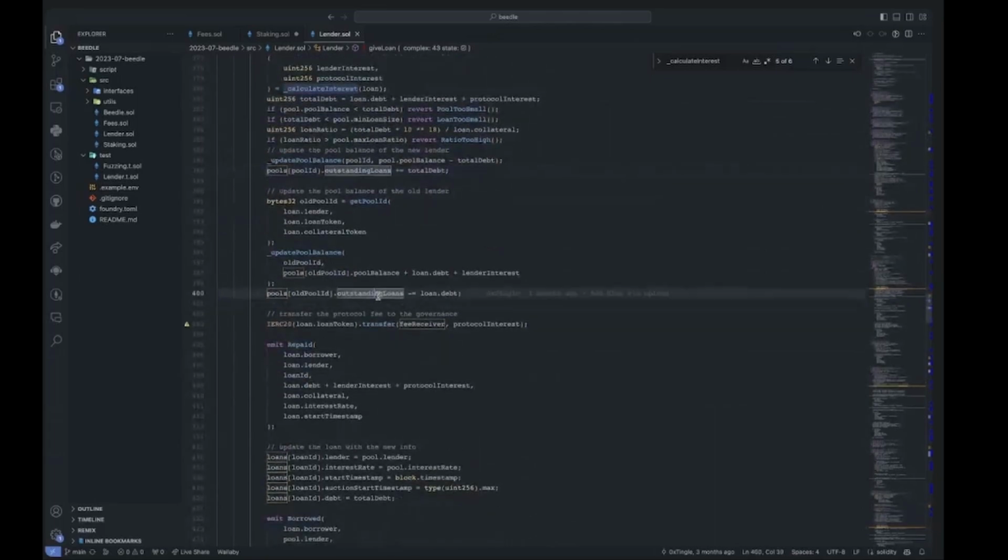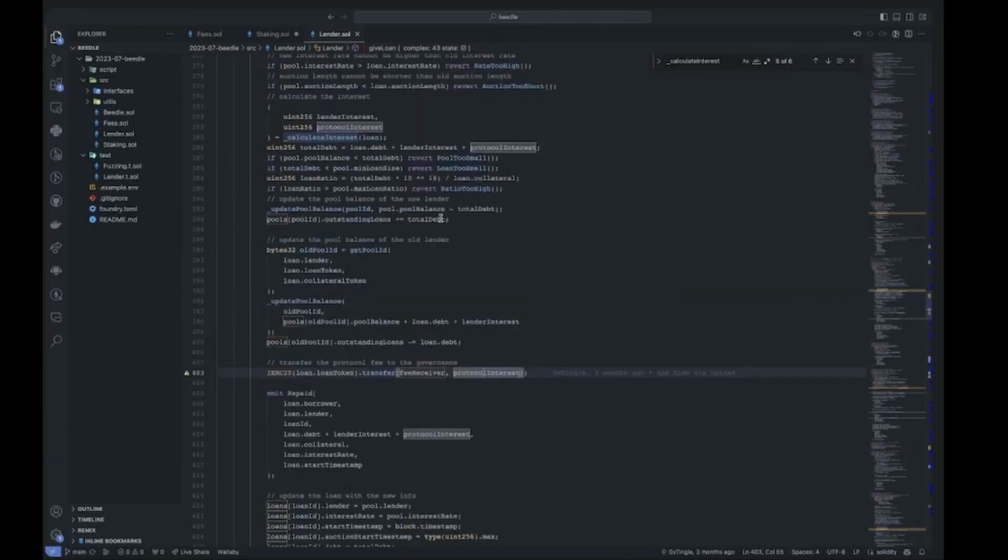We can see how they update the outstanding debt and the balance of the other pool. So yes, they essentially offload the loan from one pool and give it to another, and make the other user have to deal with a borrower who doesn't want to repay. Then we are sending the fee to the protocol receiver, and let's see who actually pays for it. So the new pool pays for the